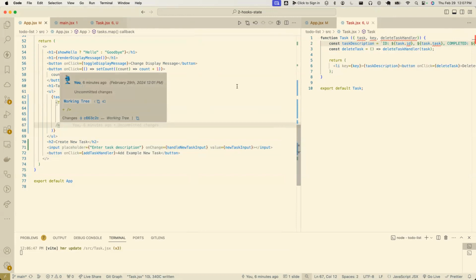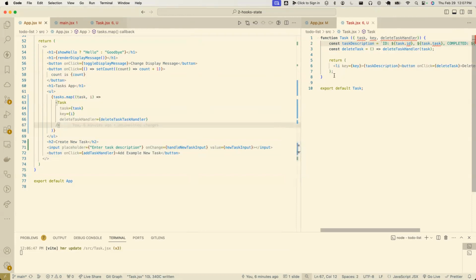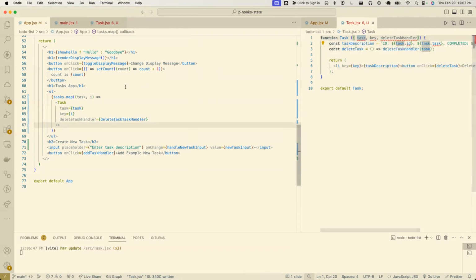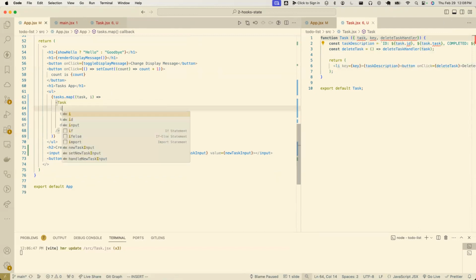Yeah, great question. And that raises a really good point. Whenever a component's props change, it causes a re-render. So on the one hand, the fact that this task prop is an object makes our life a little simpler because there's less props. But React can't tell if a property on this object changed, if task.completed becomes true or false. But all of a sudden, if instead we do this,